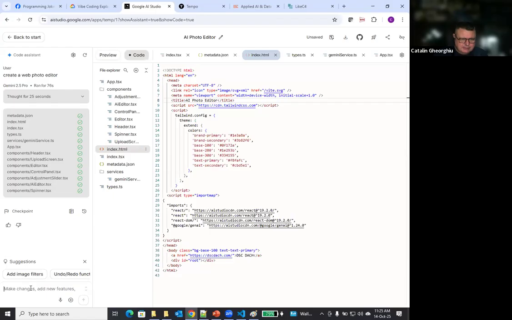So let's say: add button color help referencing Google. And let's see what is going to happen. Edit, send prompt.